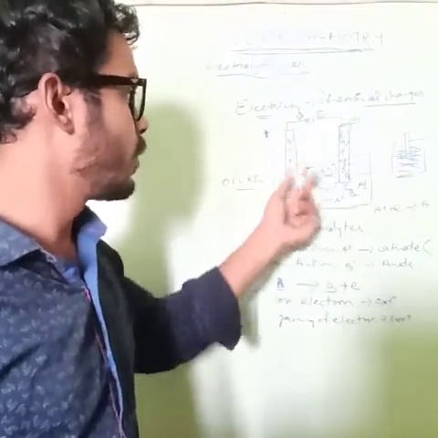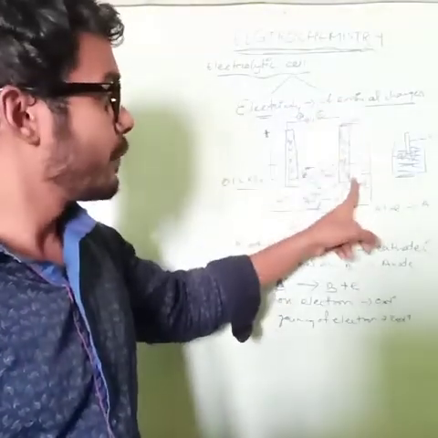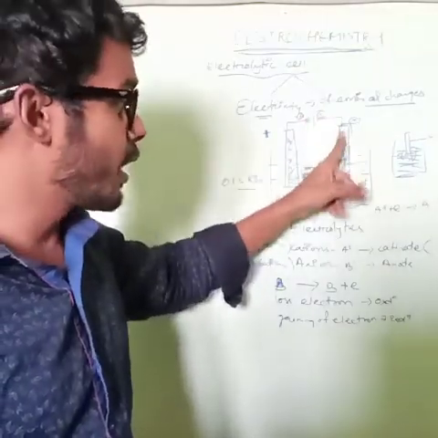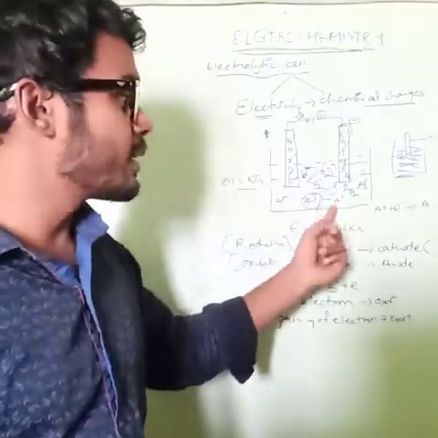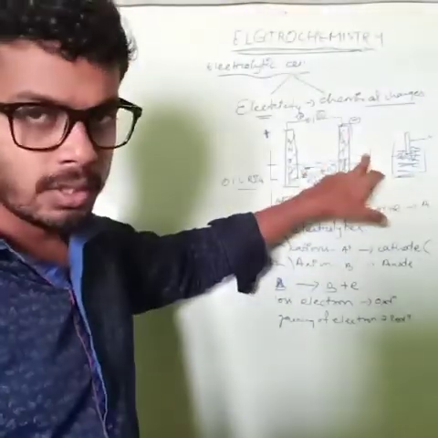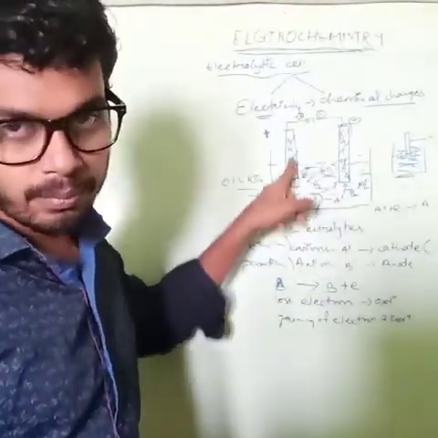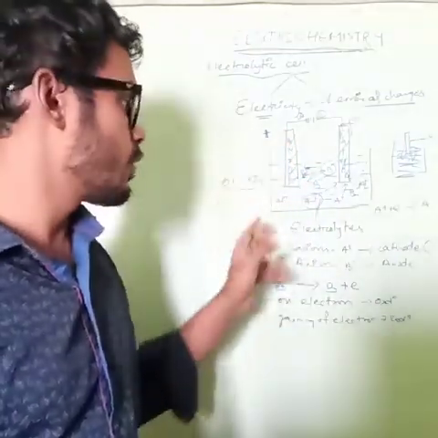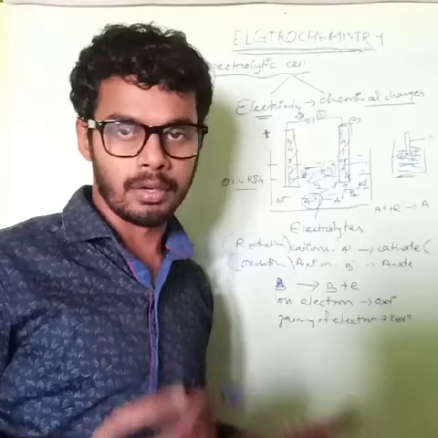Here the anode is positive because it is connected with the positive terminal of the battery, and the cathode is negative as it is connected to the negative terminal. When electricity is passed, the electrolyte dissociates into ions, and these ions move towards the respective electrodes. Positive ions move towards the cathode and are known as cations, and negative ions move towards the positive electrode, the anode, and are anions. Here loss of electron occurs, so this is oxidation. Here gaining of electron happens, this is reduction.